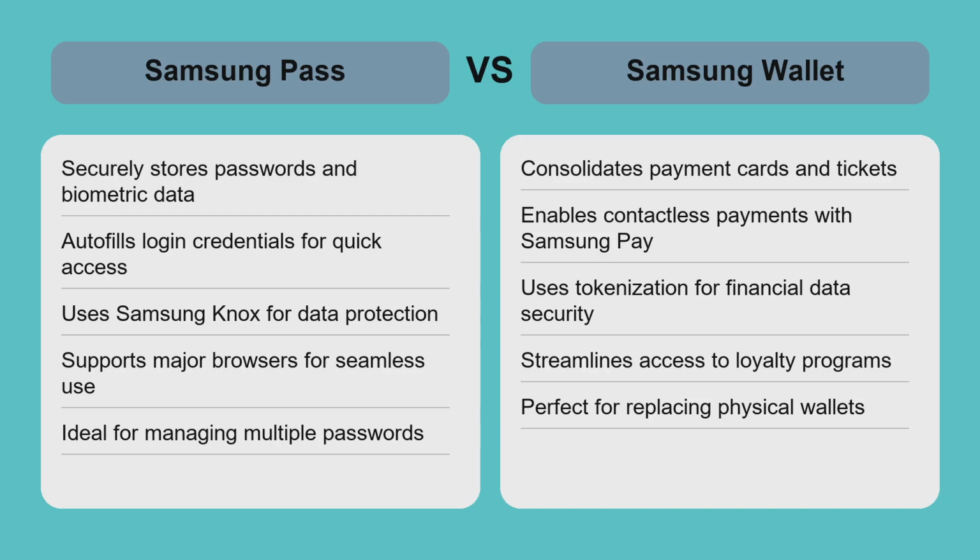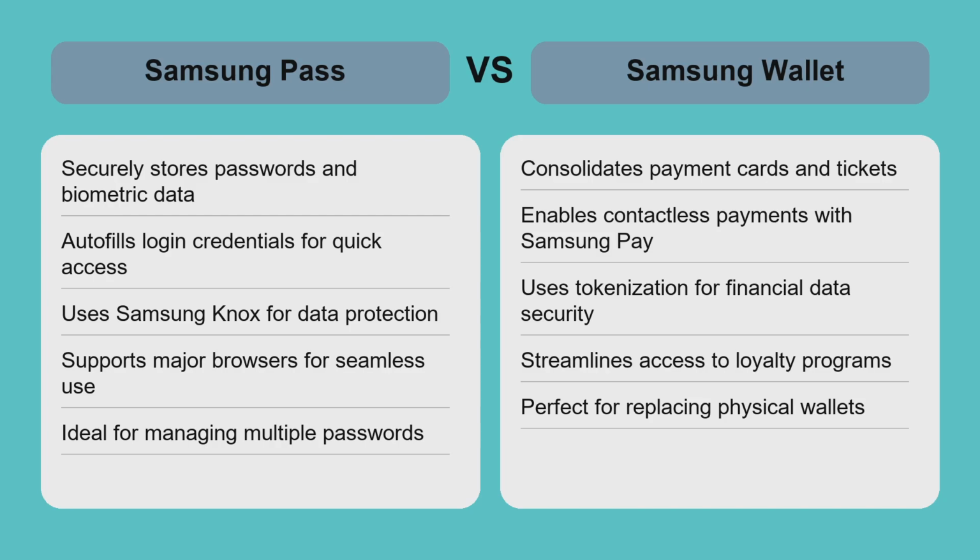Samsung Pass is best for managing secure logins and biometric authentication, making it ideal for users who prioritize quick and safe access to apps and websites. In contrast, Samsung Wallet focuses on financial transactions and card management, perfect for users wanting to replace their physical wallet